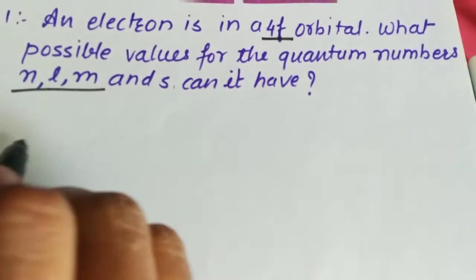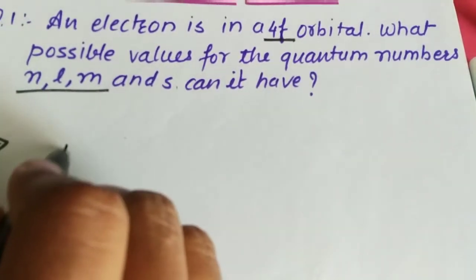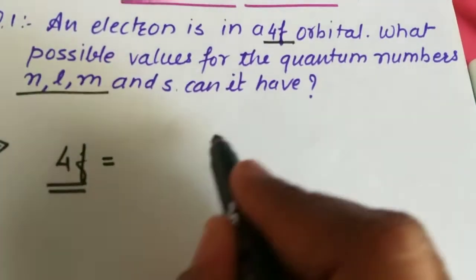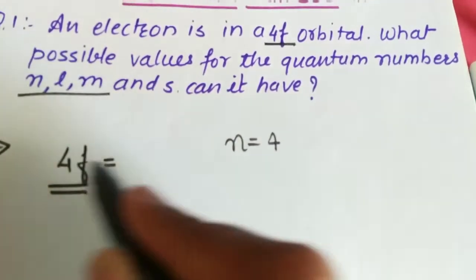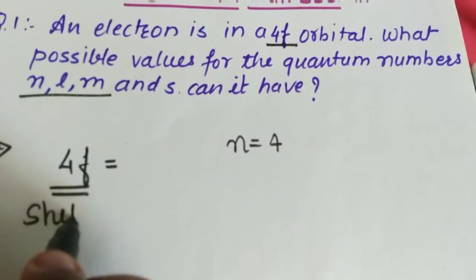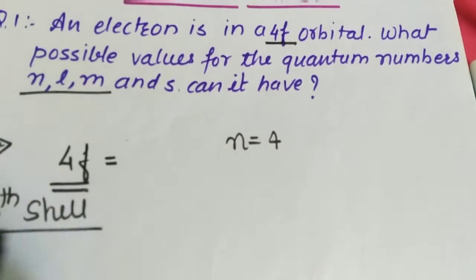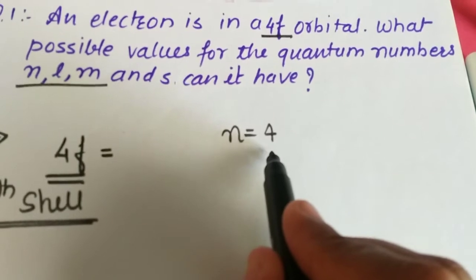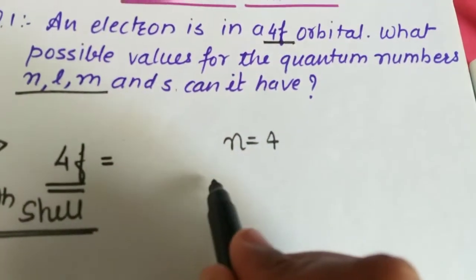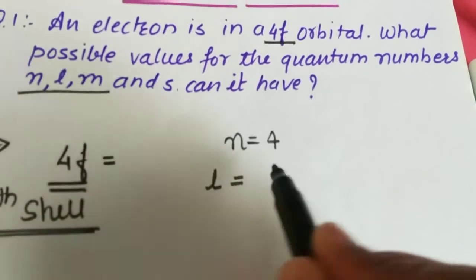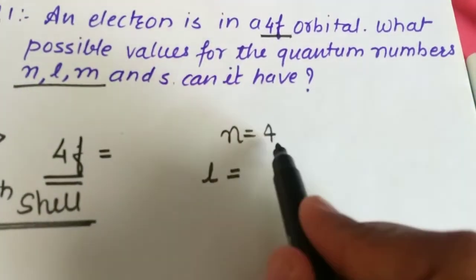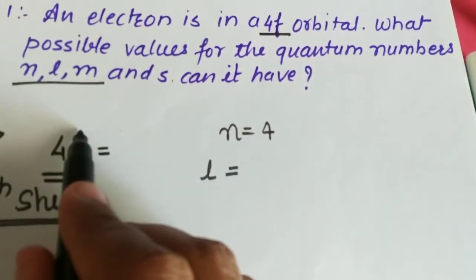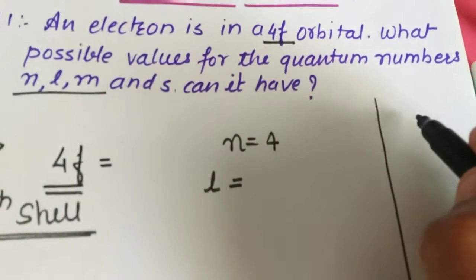Now let's solve. We know that it is given as 4f. So 4f means n is equal to 4, because this electron is present in the fourth shell, and that's why the value of n is equal to 4. Now let's calculate the value of l. The value of l always depends upon the value of n. Here it is f, and we know one more rule: